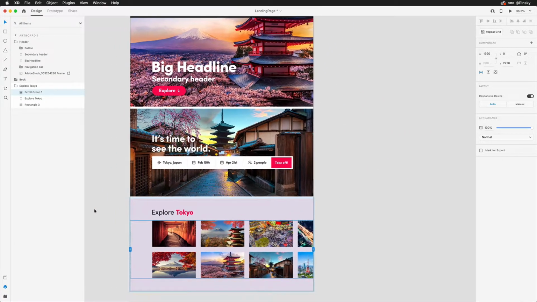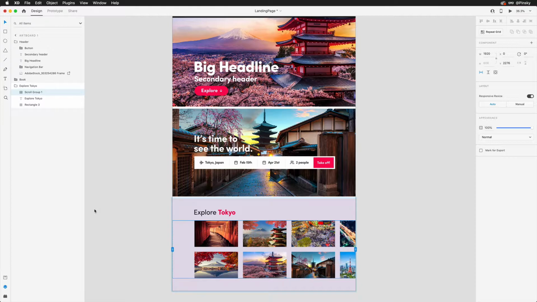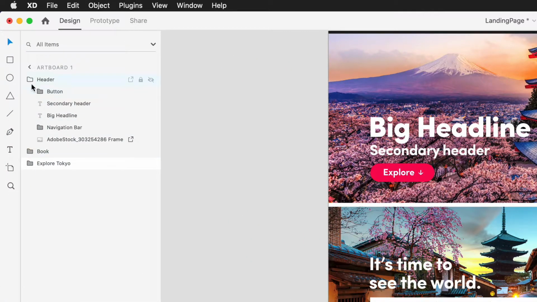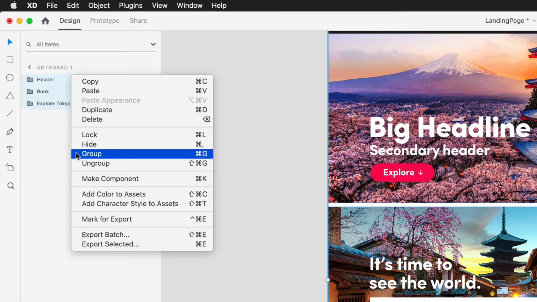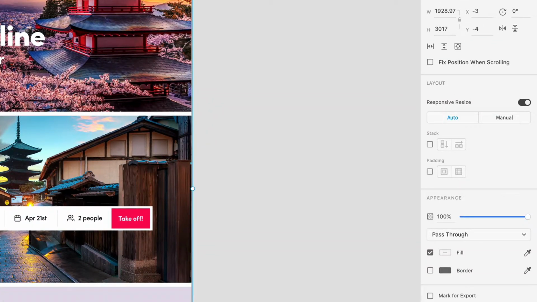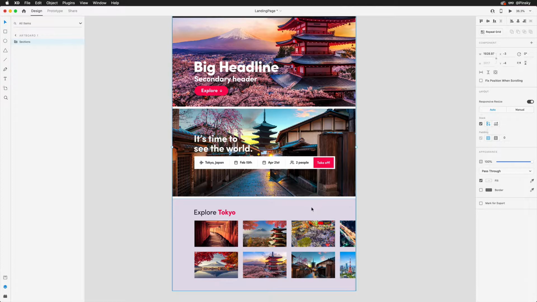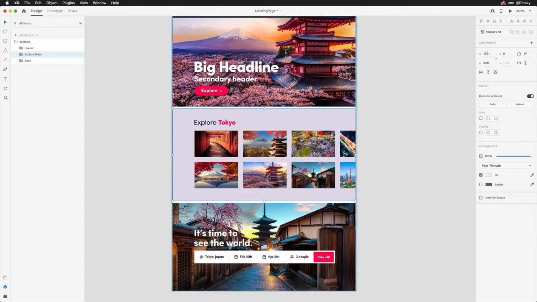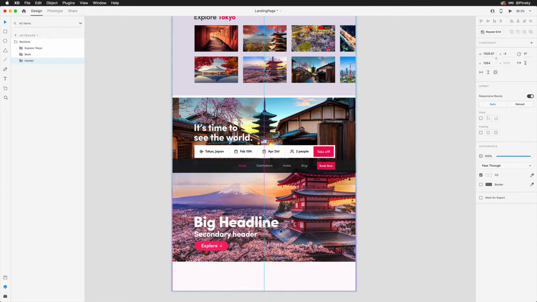Great, I'm starting to like how this is looking, but might want to rearrange some of this content. The various sections were previously grouped in Photoshop, but to help us quickly move them around, we'll want to place them into a larger group. Similar to Photoshop, Command or Control-G will place your selected objects into a new group. This will allow a stack to be created within the Properties Inspector, and based on the way the content is laid out, XD will automatically determine the orientation, in this case, vertical.